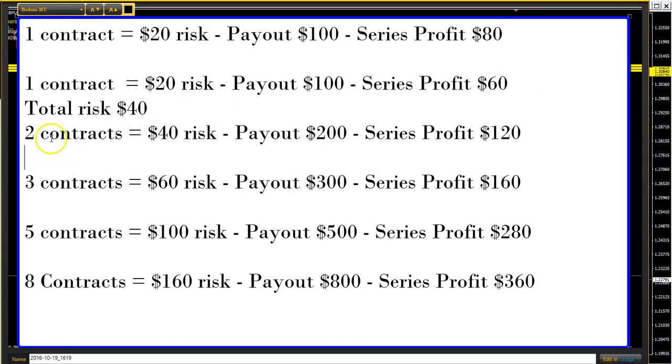Okay. On your third attempt, your risk is 80 to try to make 120. Now, as we go through here, you're not risking 80 on this one trade. You're not doubling up. You're risking 40 on this one trade. The 80 is the 40 plus the 20 plus the 20, the total risk. When you bump it up to the next trade,